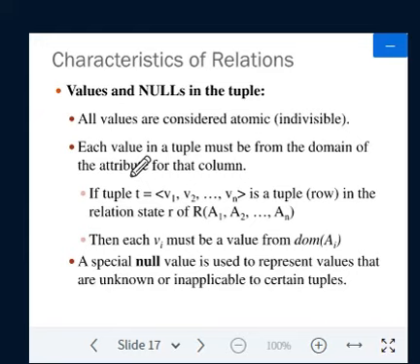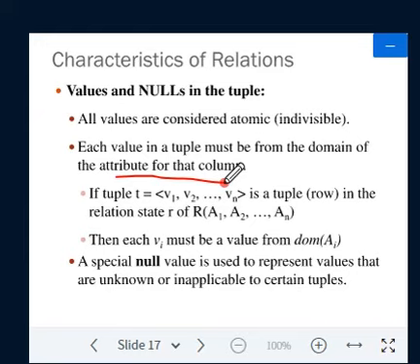So here, every value in a tuple will have a domain of the attributes for that column. Say, for example, USN must be character, semester must be integer, phone number must be integer.